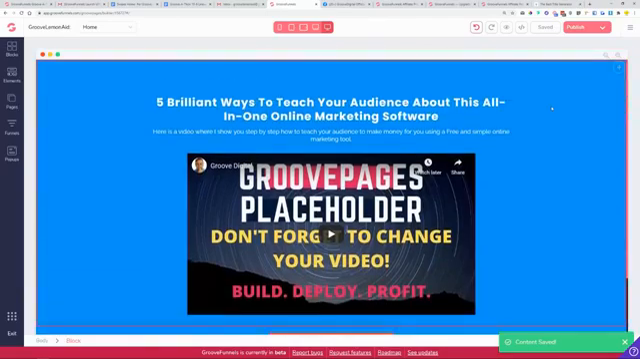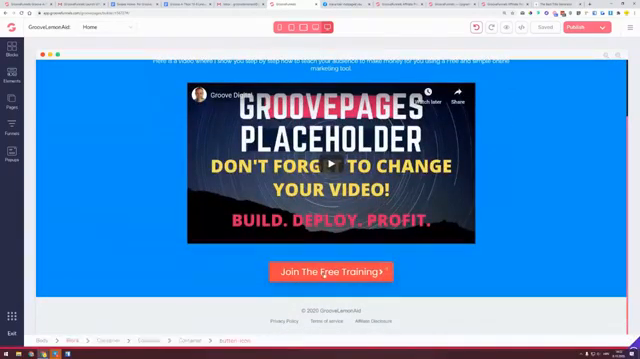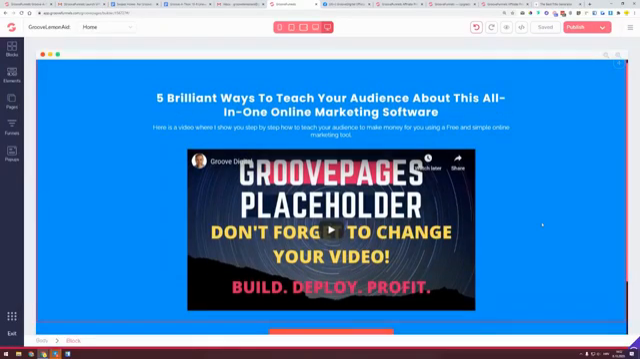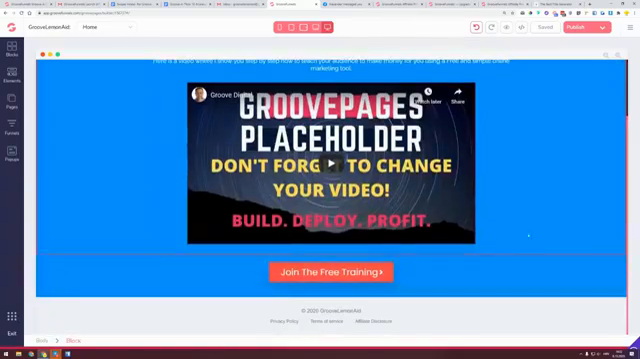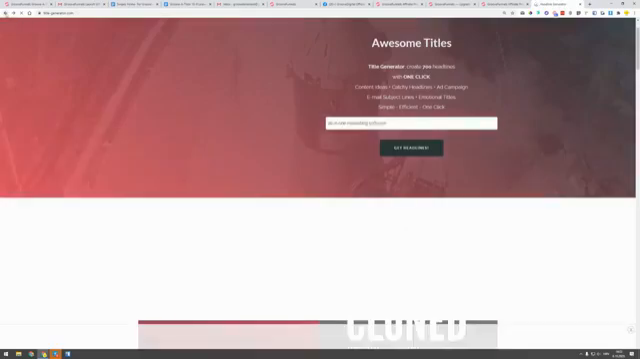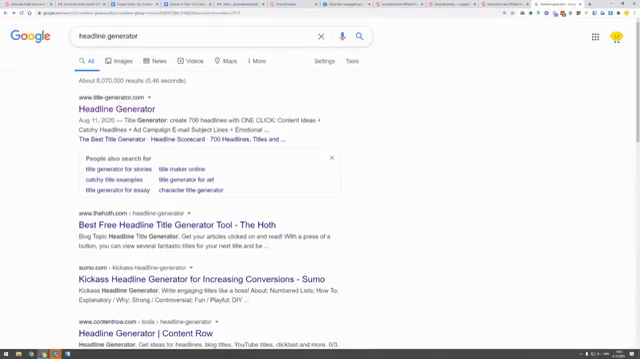Perfect. It's just a blue background, white text on it, a red, bright, big button, join the free training, and there we go. So the next step, what I want to do is create the pages for this privacy policy, terms of service, affiliate disclosure. And this is also done very simply by just going to Google, our friend. So what I would type in is